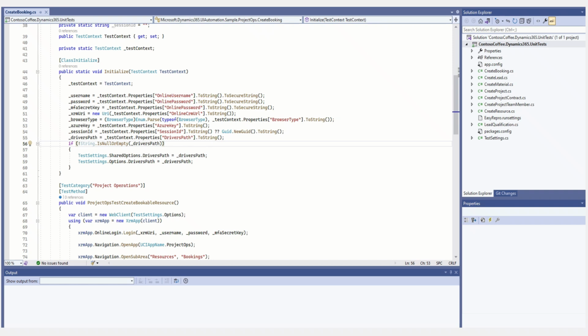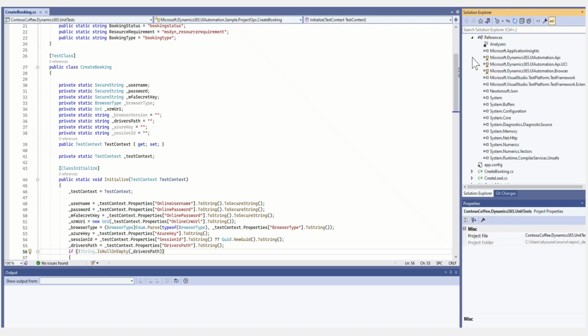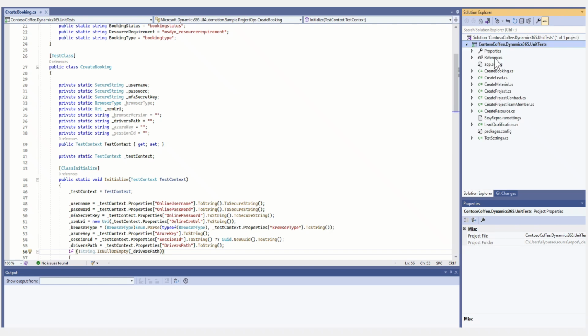In fact, you've already been doing part of this just to run test. So for instance, in here, I have a custom unit test, right, for Contoso Coffee. My organization runs model-driven app UI test, leveraging Easy Repro. So we have our own unit test. No references to Easy Repro at all here, nothing going on. And we have my different test. You've already been using some